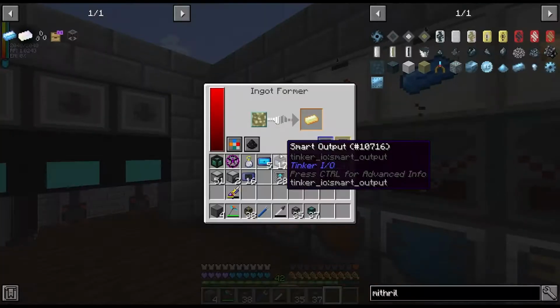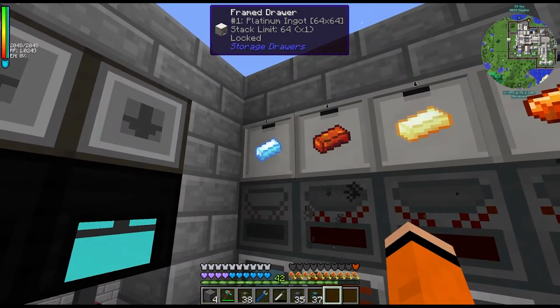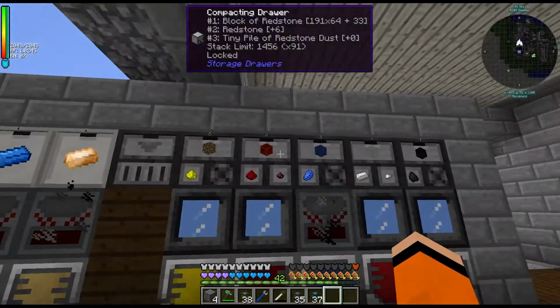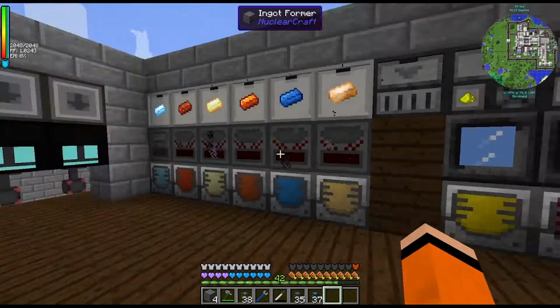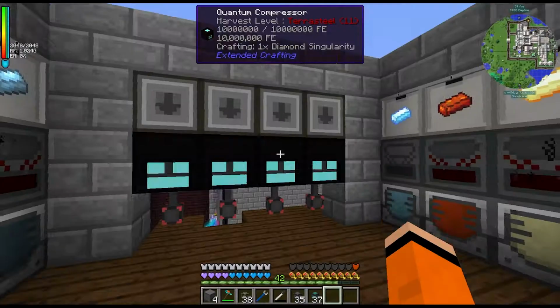So all the materials we need are currently being ingot formed here. Well, it looks like I don't have... actually, this is full already. Yeah, I need to upgrade these barrels. There was one special case here for diamonds. I don't need diamonds. In fact, we're making the diamond singularities already. We have 140,000,